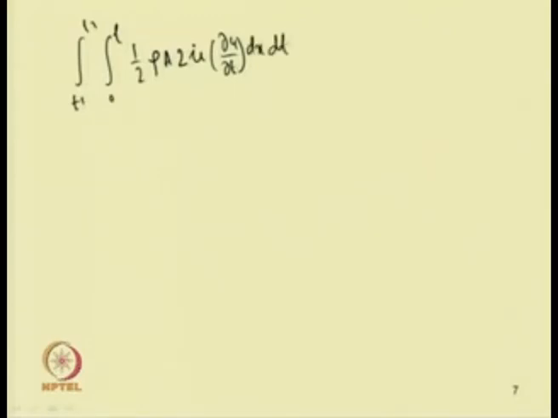So in this case one can write this term, so this term can be written in this form by changing the integral. So one can write 0 to L, T1 to T2. So these two cancel. So this becomes rho A u dot into, so here we have this del term. So u dot, so one can interchange between this del by del t into del u. So one can write this way into dt and dx.